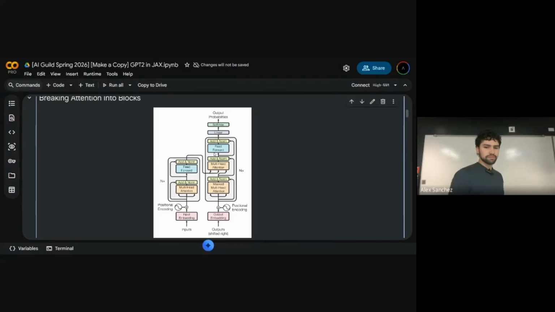However, you see how we have two different kinds of blocks. One of them is called the encoding block, and the other one's called the decoding block. The whole point of the paper was that they wanted to find a better way to translate things. So they didn't even think how crazy this could get, to create all these LLMs. We had the input embedding being English, so that encodes the English language in some kind of latent space that the model understands what it means. And then it decodes that into French or German.